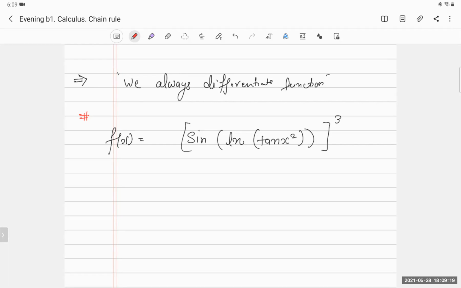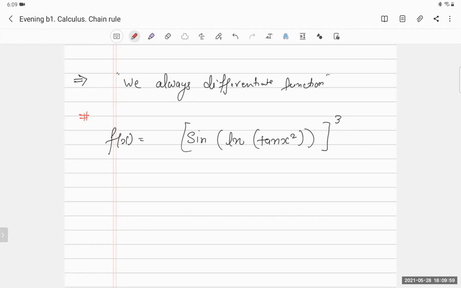First of all, that value will go into tan x, x square. What will be calculated first? x square. The value will go into x, so first of all it will become square. And that square value will go into tan. Whatever the output will come, that output will go into ln, and that output will go into sin, and after that we will make it cube. So see, just figure out the sequence of calculation.